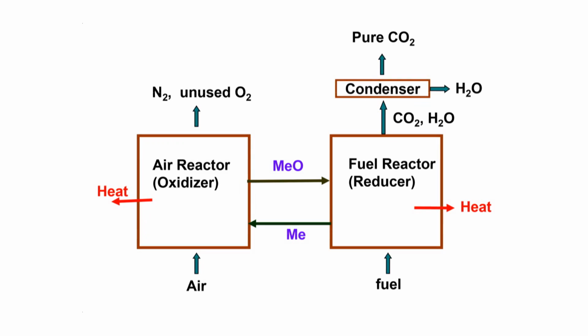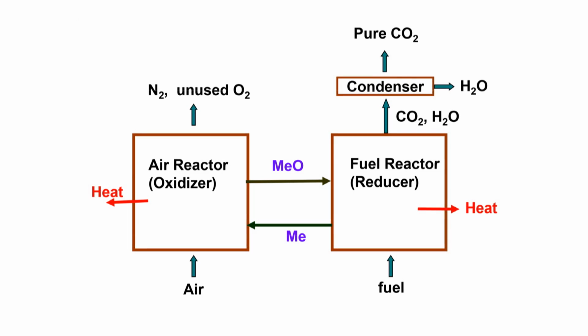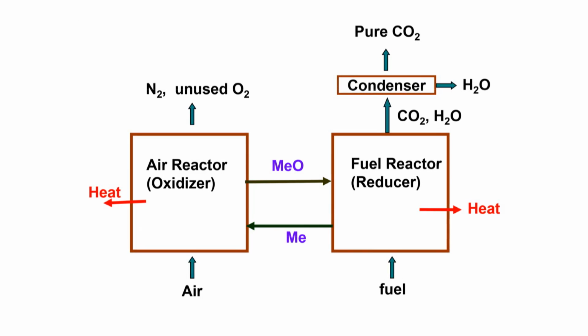The water is condensed, leaving the combustion gas stream with a concentrated stream of carbon dioxide that can be readily captured for storage. It's very similar to what occurs in your body, where you take in air, you react the air inside your body with hydrocarbons, essentially carbon and hydrogen, just like this sample of coal, and you create energy that you use for the things you need to do. So we're trying to replicate that process here in a way that we can use it in a power plant